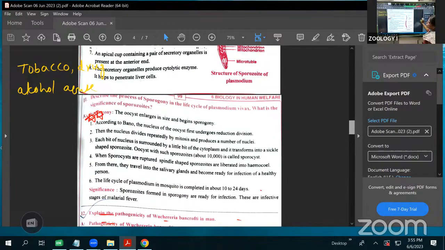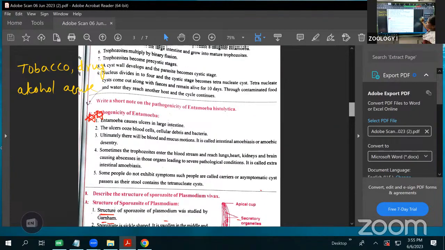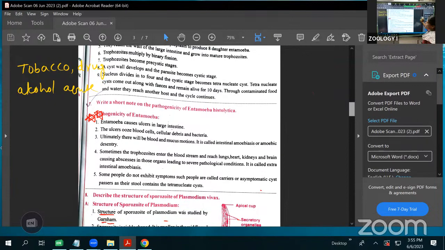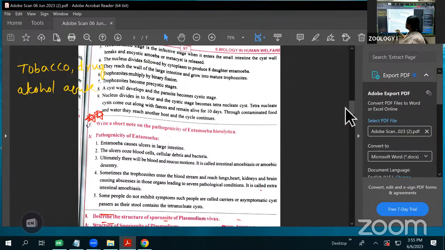Important only, but the most important I am giving here. Pathogenicity of Entamoeba is also important. Write a short note on the pathogenicity of Entamoeba is also most important. This is a very, very easy answer. Learn it. And one more,